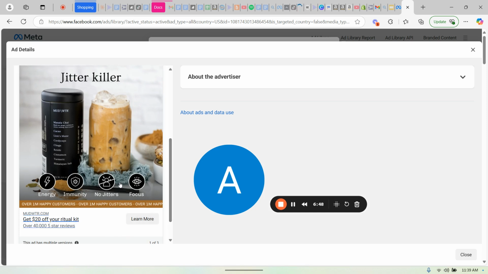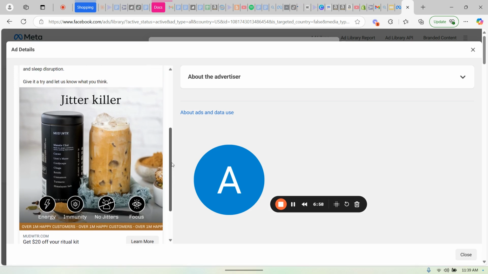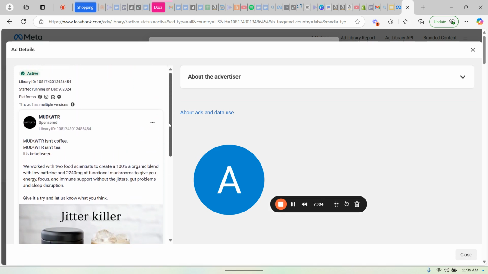And then the other thing you notice right here, they've got these little benefits that they're calling out: energy, immunity, no jitters, and focus. So once again, they're calling out some of the main benefits, probably benefits that they found through research of what their customers actually like. And you'll notice right here with the text, for the body copy or the primary text in this ad,